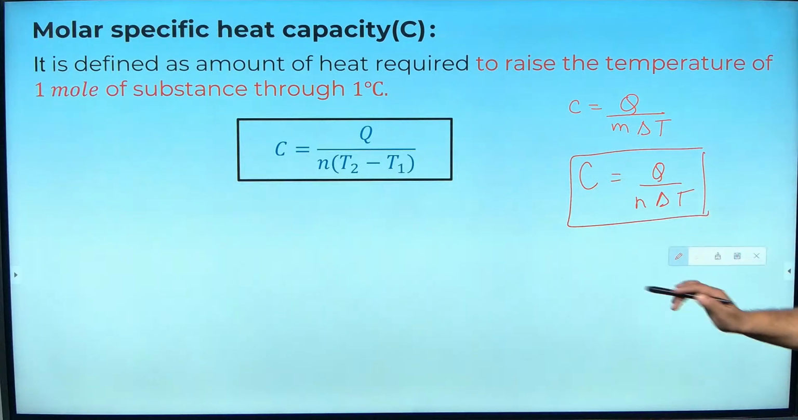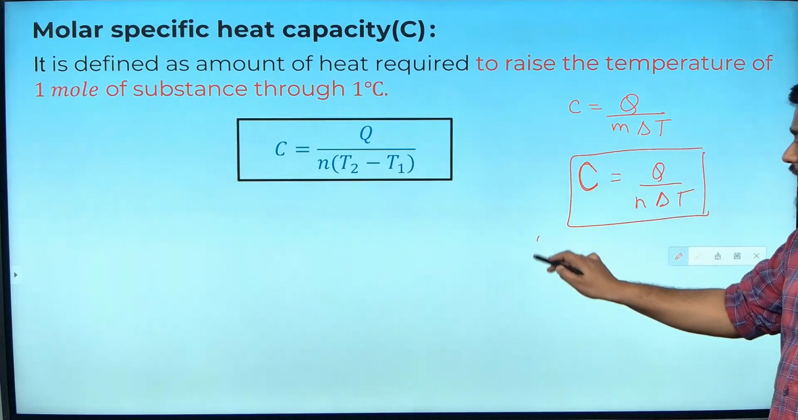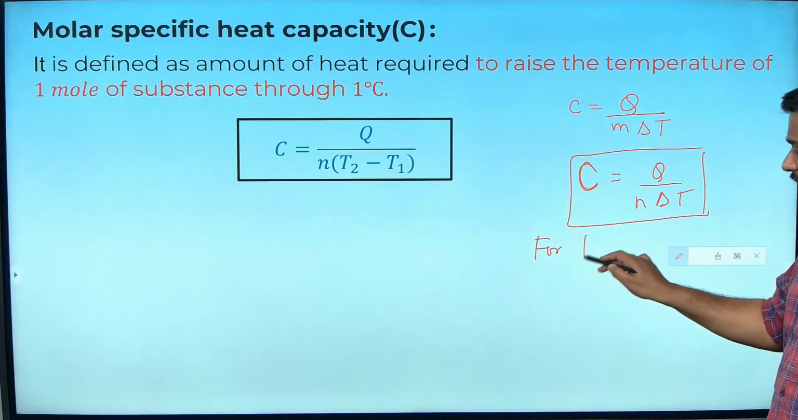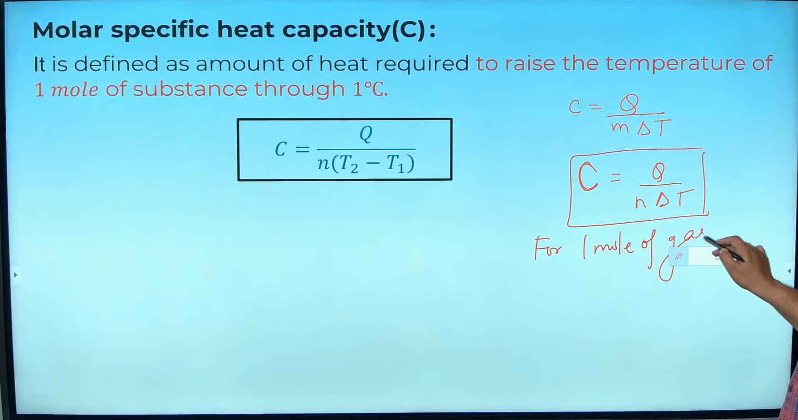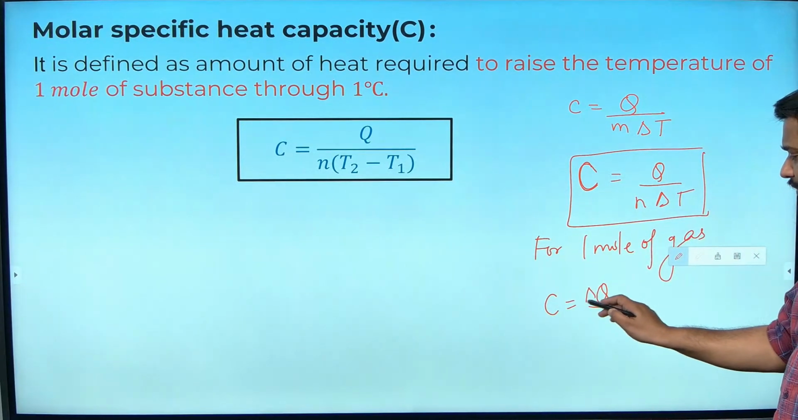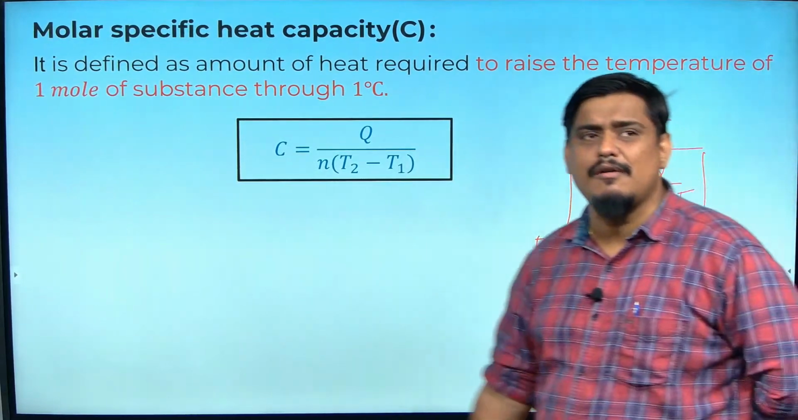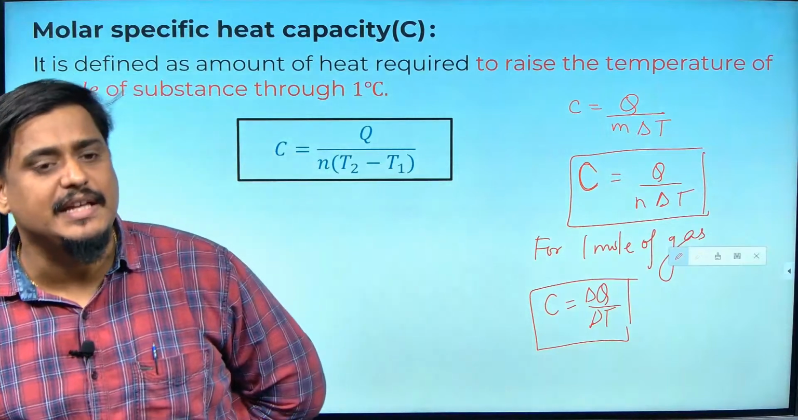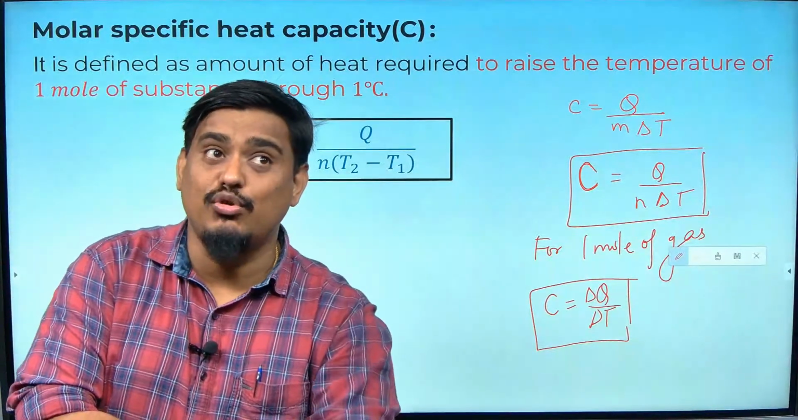Are you getting my point? Molar specific heat of gas is given by Q by N delta T. If I take 1 mole of gas, N becomes equal to 1. So, I can write C is equal to Q by, or books will write del Q by del T. So, del Q by del T is the formula of molar specific heat, but the gases do not behave like this